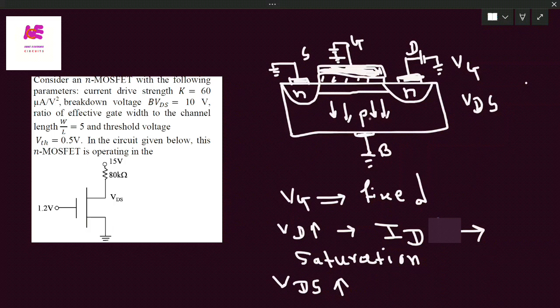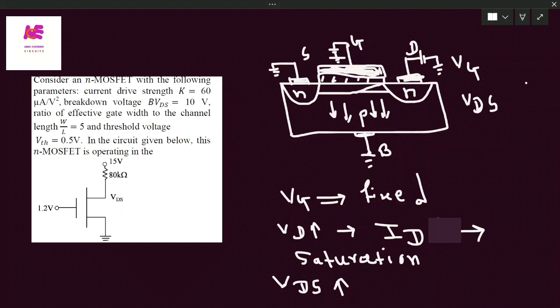And this is P type, so holes will be attracted towards this negative side, and there will be a recombination of holes and electrons at the drain side as we increase the drain voltage above a certain limit, and this will reduce the